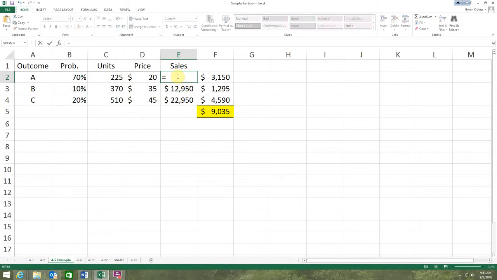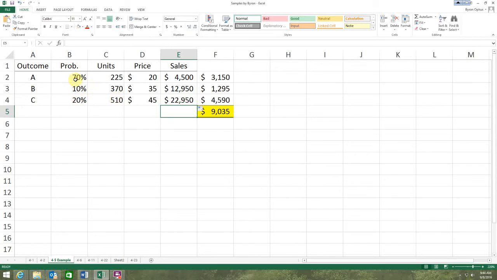So this is simply equal to 225 times 20, enter, and that reference is going to stay the same, so we can copy that down. That's the easy way to copy. And that gives us what our sales would be, based on this price and these number of units,